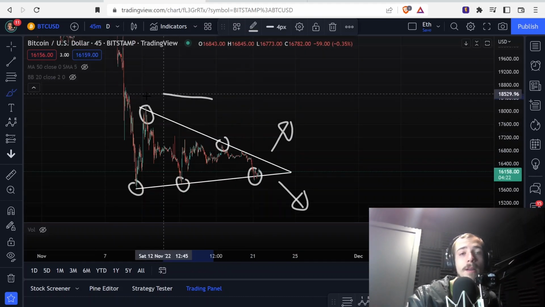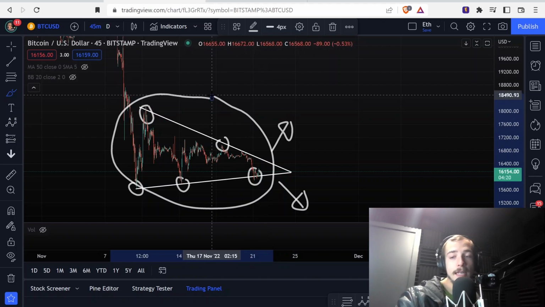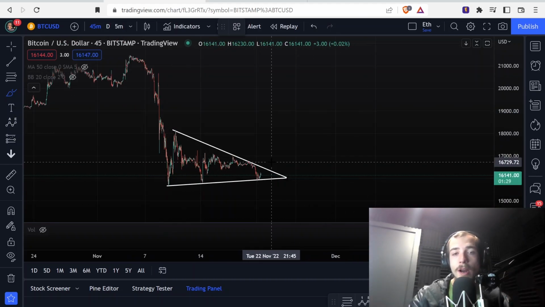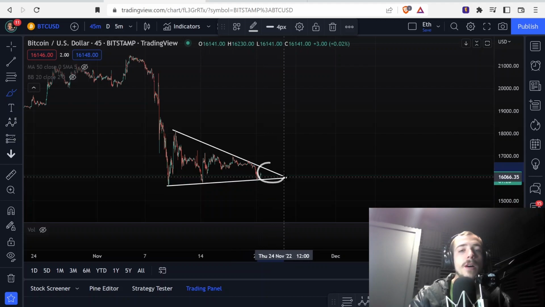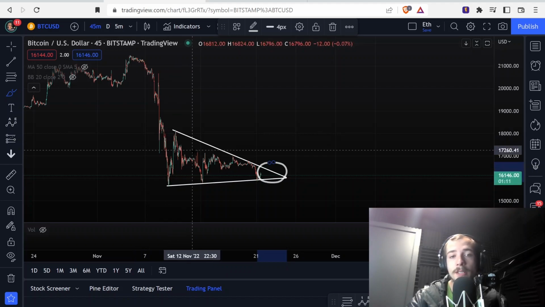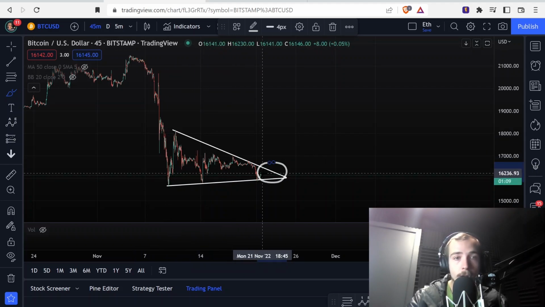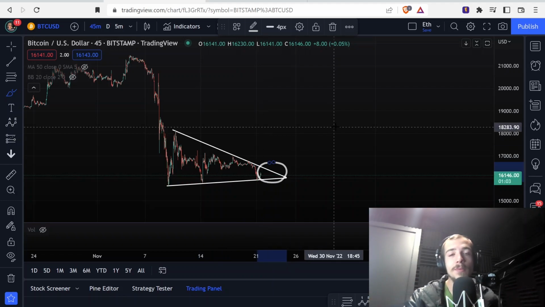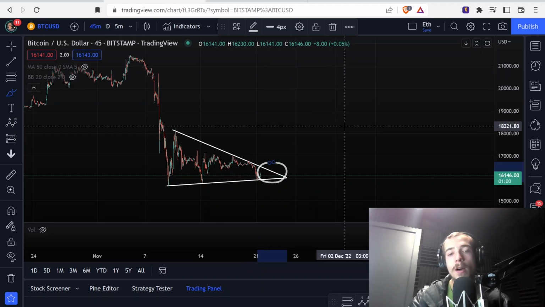So yeah, Bitcoin on the smaller time frame is in a triangle again. One of the reasons this triangle is so important is we don't have that much time left inside of the triangle. We're at the apex of the triangle, so it's going to break out in either direction soon and really give us some clarity on what's going on with Bitcoin. We've just been jumping around so much on this consolidation down here near support that we just have no idea exactly what's going to happen next. And this will give us a clear perspective on Bitcoin, at least here in the 45-minute time frame.